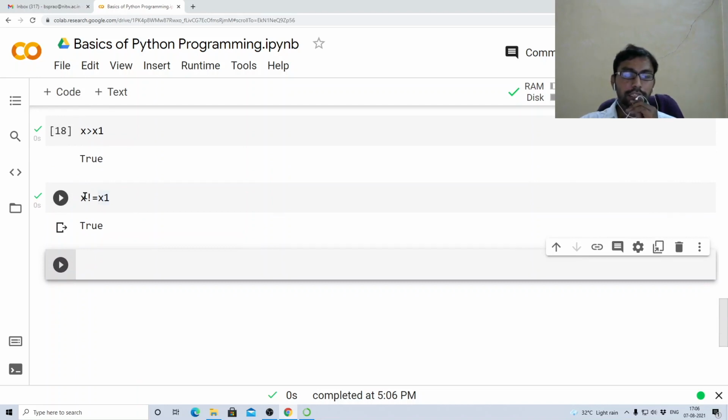Similarly, Python supports bitwise operators also. Bitwise operator means what? They operate on bits. Let us say you want to perform bitwise AND. Let me take simple things: 2, let us say 3. What is 3 in binary bits? The binary value of 3 is 1 1. Similarly, 2 means 1 0, right? This is the binary equivalent of 2. The first one is the binary equivalent of 3.